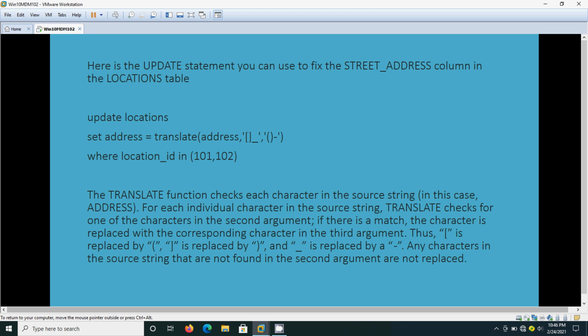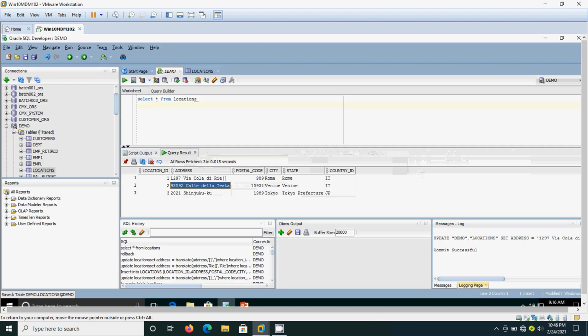Here translate checks each character in the source string, here the address column. For each individual character in the source string, translate checks for one of the characters in the second argument. It will go one by one and finally it will find the square brackets.